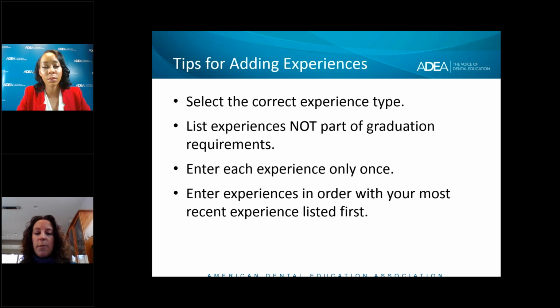And then lastly, to put everything in what we call reverse chronological order. So we do ask that you list experiences in the most recent first and then the oldest last. And that helps us understand what you're doing currently and what you've done most recently, et cetera. So we often see applications where there's an experience from 2018, and then an experience from 2006, and then an experience from 2015. And it's hard for us to tell where you were when. So if you can help streamline that by putting them with the most recent experience first and then everything after in order, that would be great.